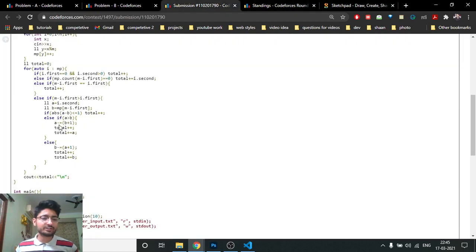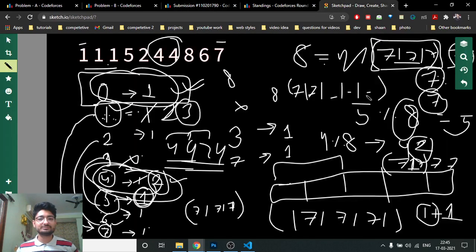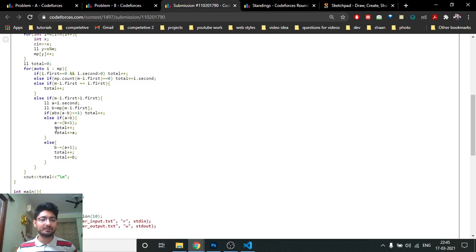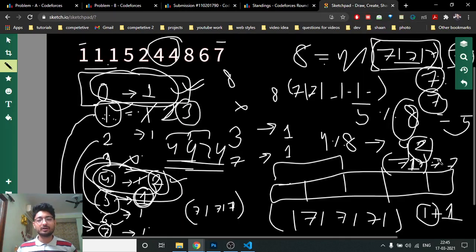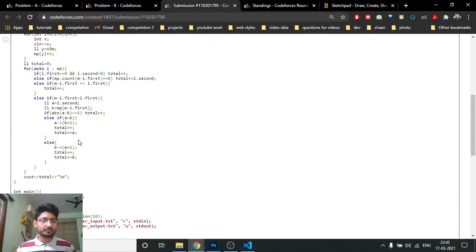From the larger group, which is a, because it is larger, subtract out the value plus 1, and because this will form one group, total will increment by 1. And how many groups will remain? Total number of a subtracted by this number is the total numbers remaining, and all those numbers will form separate groups. Because we have subtracted from a the numbers we have taken out, the numbers remaining will be added to total, because that will form separate groups. If a is greater, we do this, or else b will do this. You can also swap them if you want.